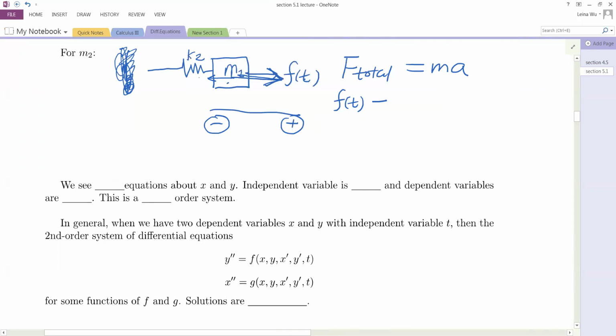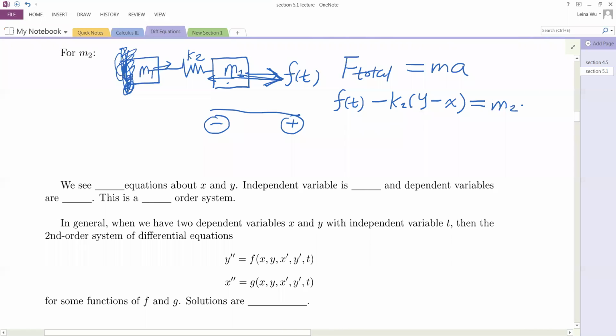Now, this force should be the same as the force that has been imposed on M1, which is K2 times how much mass 2 has been moving, subtract how much mass 1 has been moving. So it's F of t minus K2 (y minus x). That's the total force imposed on mass 2, equal to M2 times the acceleration of mass number 2, which is going to be,